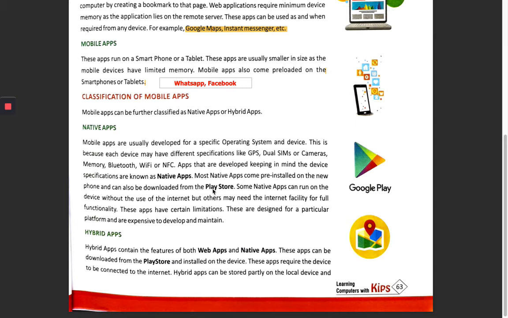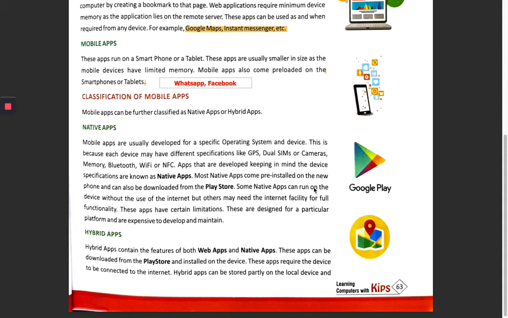These types of applications can run on the device without the use of internet, but others may need the internet facility for full functionality. These apps have certain limitations. They are designed for a particular platform and are expensive to develop and maintain.